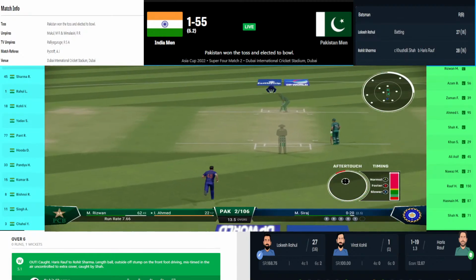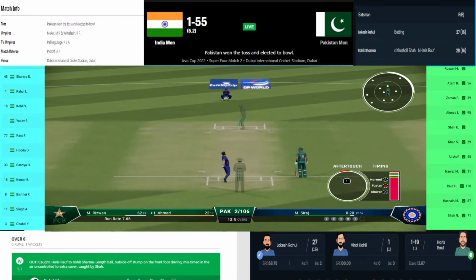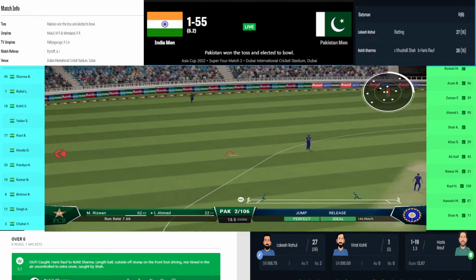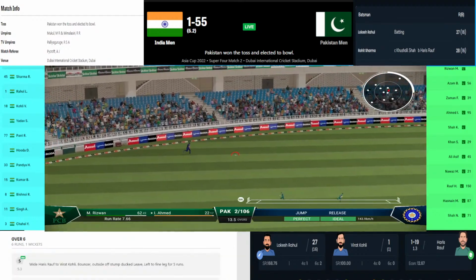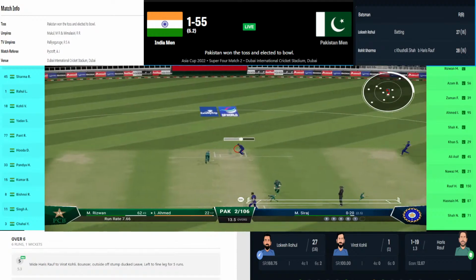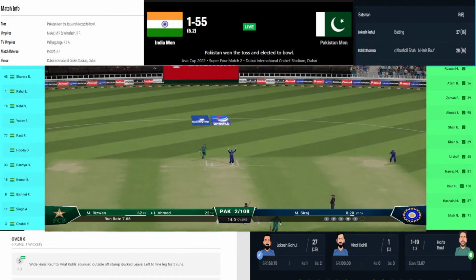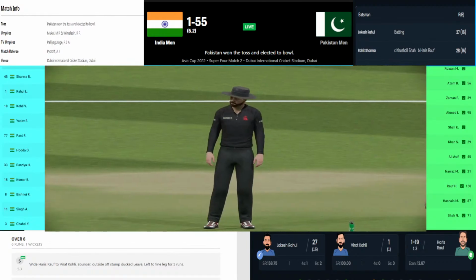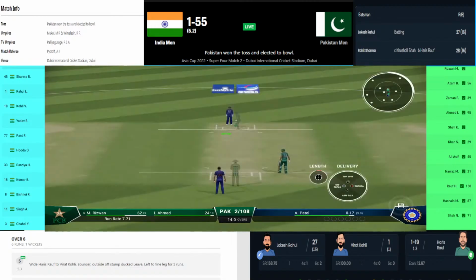Fakhar Zaman and Khushdil Shah were going for that catch, but Khushdil Shah caught it in the end. And after that, he just smiles. But Rohit Sharma is sad and he gets out. Hardik Pandya taps the back of Rohit Sharma. A wonderful knock from Rohit Sharma. That was a short knock, but an effective knock.